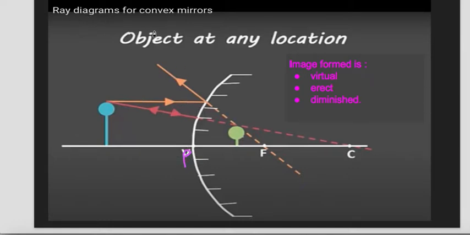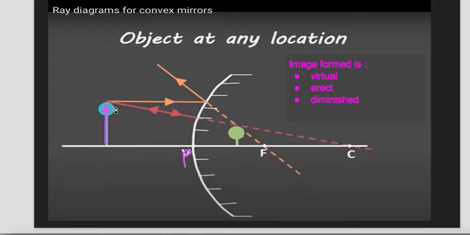So today we are going to talk about the ray diagram of a convex mirror. Say the object is at any location. Where can the object be? All of you know that if you take a plane mirror also, where do you stand? You stand at the silvered, polished, painted surface, or on the shiny surface? Yes, in front of the mirror we always stand. So this is the part where the object is placed. So this is the object. Fine.